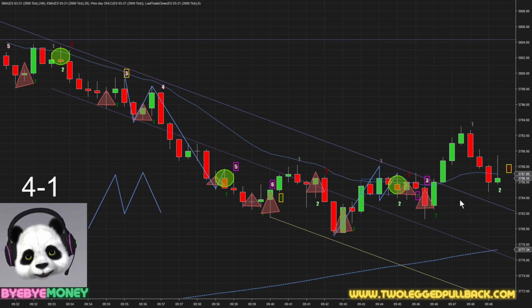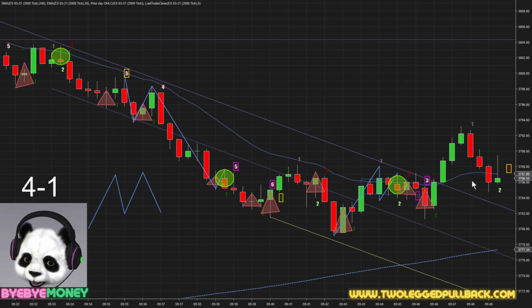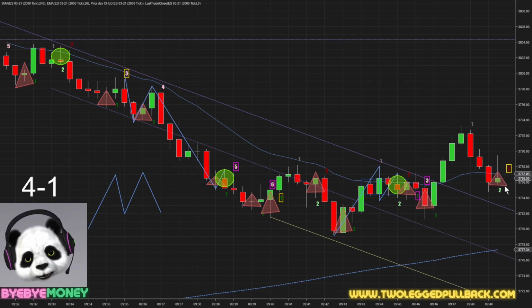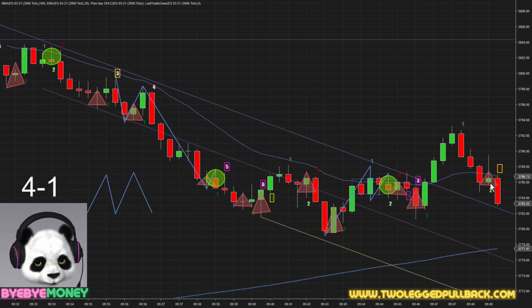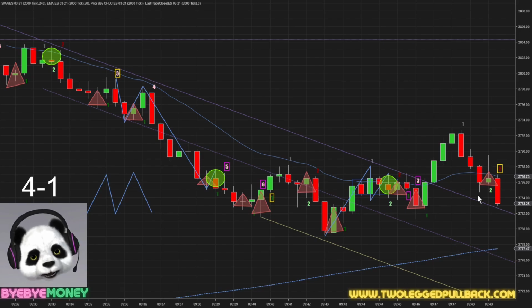Plus, you've been on a strong downtrend. This is the first break above the trend plus the 20 MA, and so you have a good chance to make a point. But I just don't think there's enough room. I think the bottom of this candle scares me. There's not enough room there, so I will skip this trade, even though I really do like this trade a lot. It does give you a point. I really do like this trade a lot, and so unfortunately I have to skip it because